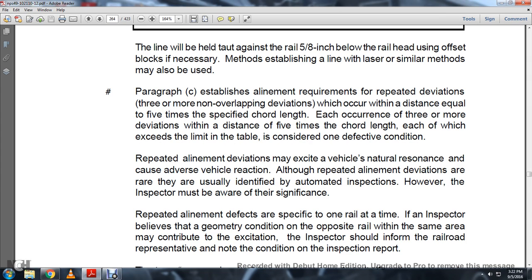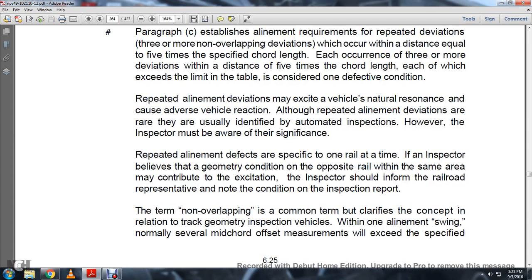Repeated alignment deviations may exist due to the vehicle's natural resonance caused by the vehicle reaction. Although repeated alignment deviations are rare, they are usually identified with automated inspection. However, the inspector must be aware of significant repeated alignment defects, as the track is inspected one rail at a time. If the inspector believes the geometry condition on the opposite rail of the same area may contribute to the excitation,